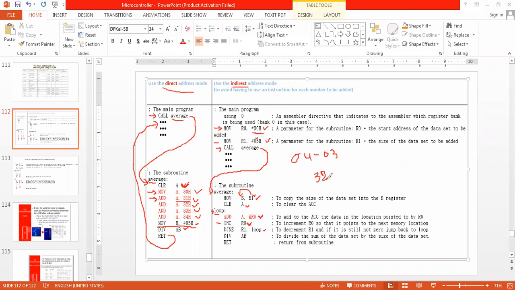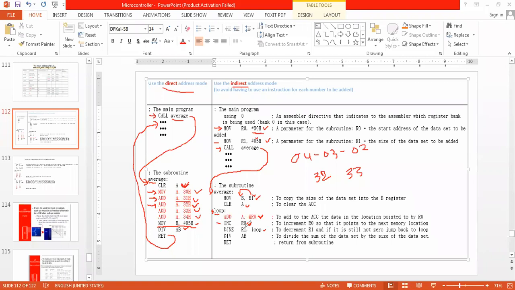What is there inside at R0? It is 32. So what we are doing now? Add A comma 32. Okay. Then again increment R0. So that will become 33. So decrement R1. So it will come to 02.